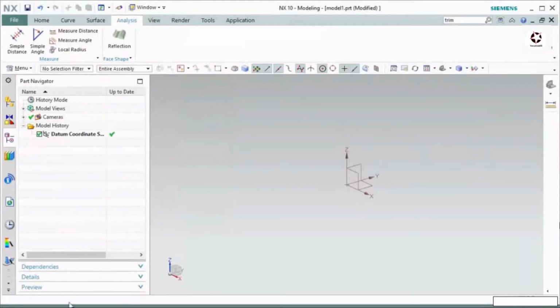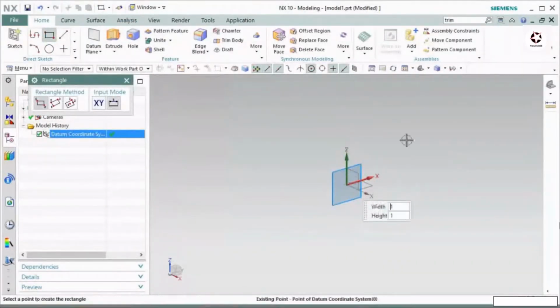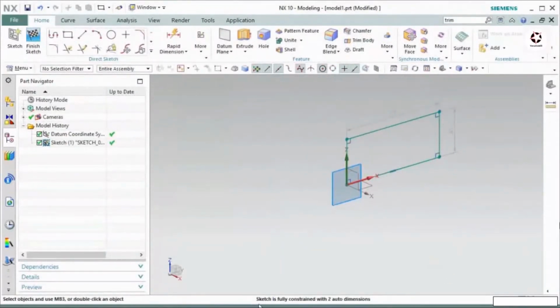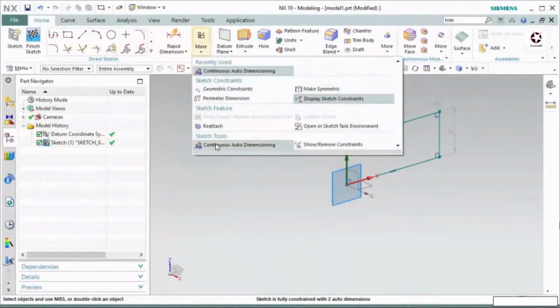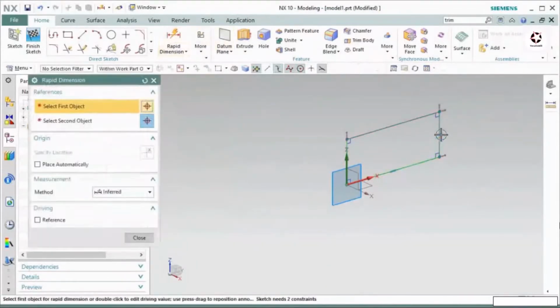At the bottom, this bar is called the status bar. When you work with any part or drawing or assembly, you will find a few different important pieces of information inside this status bar. Let's say I want to create a very simple sketch. I created this, and now I will right click and press OK. Now it shows me the sketch is fully defined with 2 auto dimensions. Let's say I unselect this continuous auto dimension. You don't need to understand what I am doing now. I will discuss everything step by step, so you don't need to follow me. I am just trying to show you the advantage you can get from this status bar. So I put 1 dimension here, then I will press close.